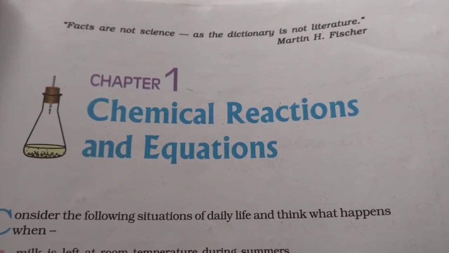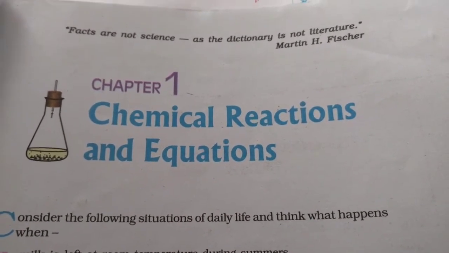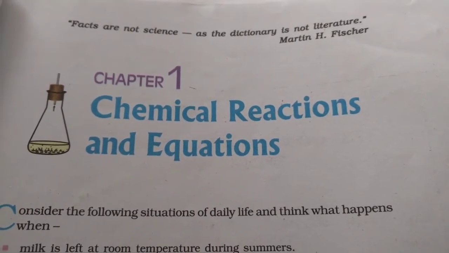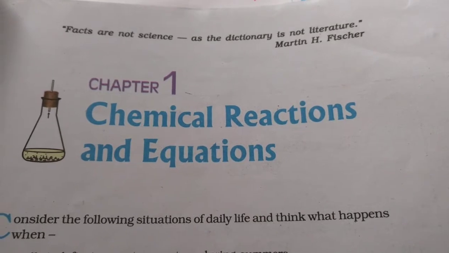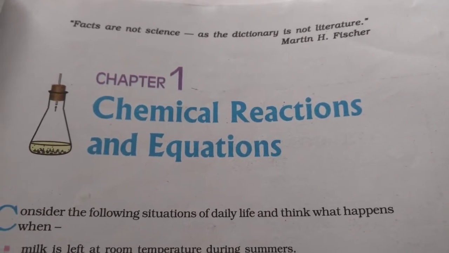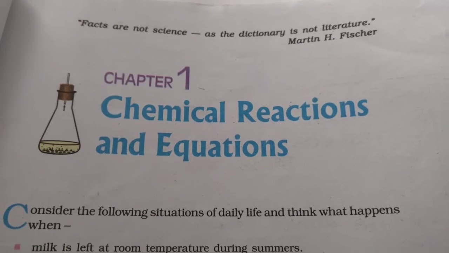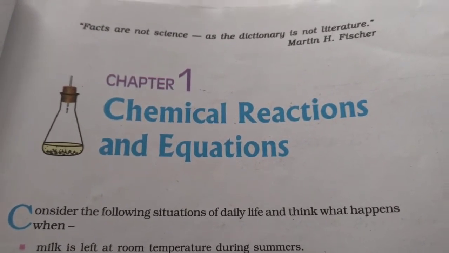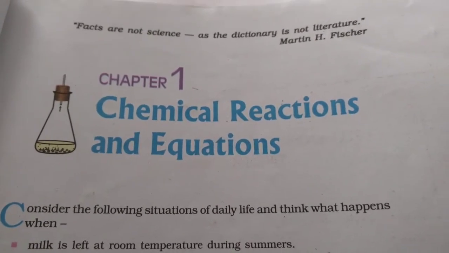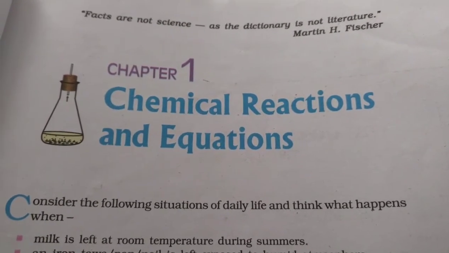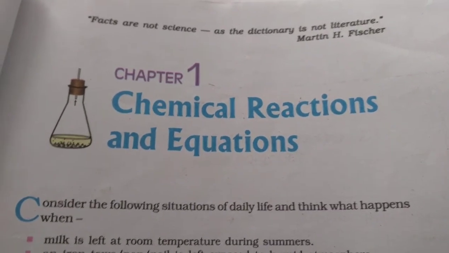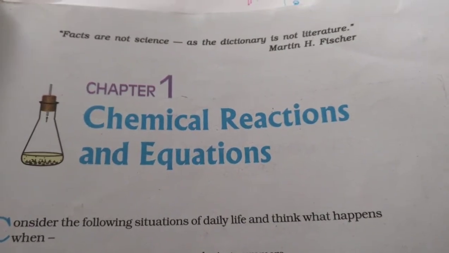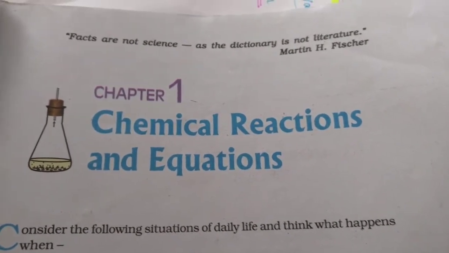Today I am going to teach you grade 10 portions for chapter 1 from science, chemical reactions and equations. In this session I am going to discuss how to balance the chemical reactions. Before balancing, I am giving 3 tricks for you students. If you apply these 3 tricks, you can balance the chemical equations in a very simple manner. Whatever may be the equations, you can apply these 3 tricks. So let's discuss the tricks.